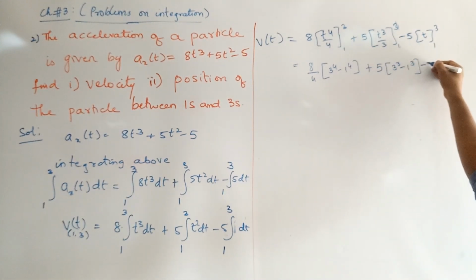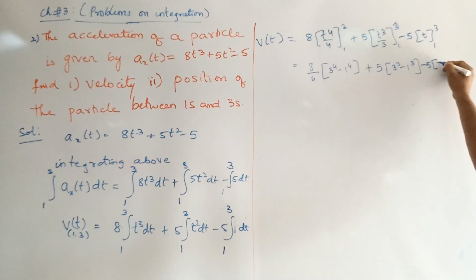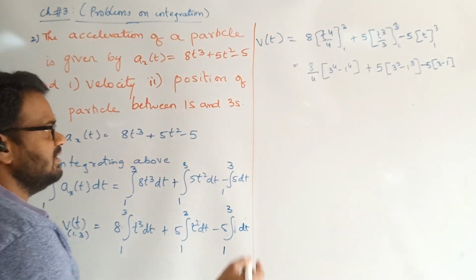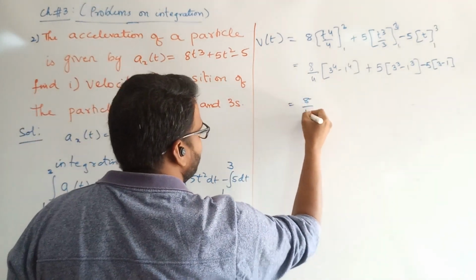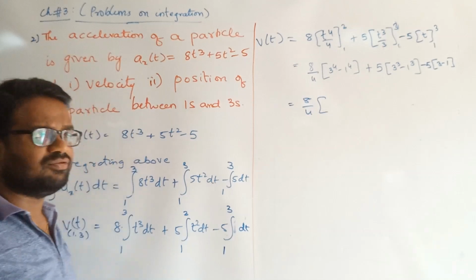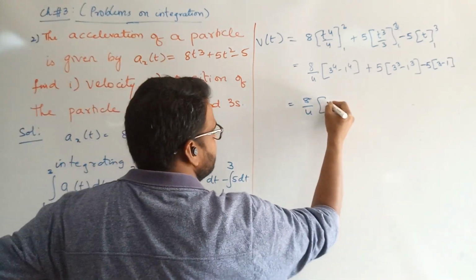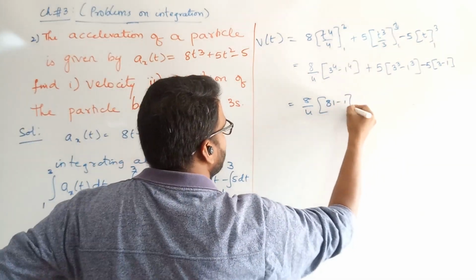There is no denominator present, plus 5, and the upper and lower limit difference is 3 minus 1. This is the way we solve for limits conditions. Now you should solve this. 8 by 4, 3 to the power of 4 means 3 into 3 into 3 into 3; 3 3s are 9, 9 9s are 81. This is 81 minus 1